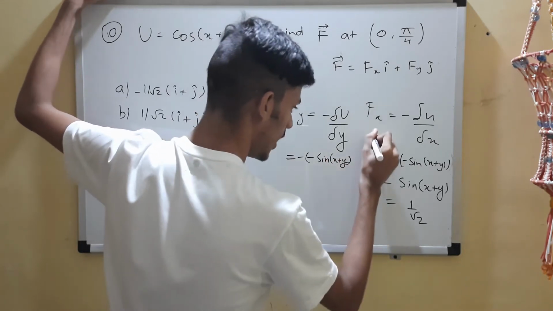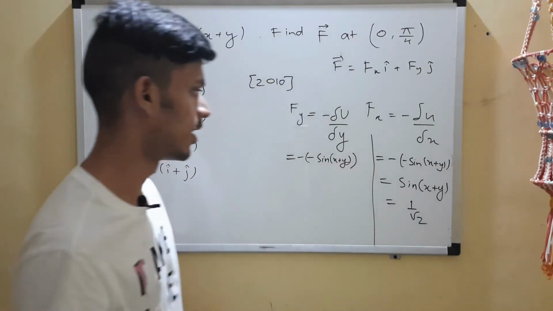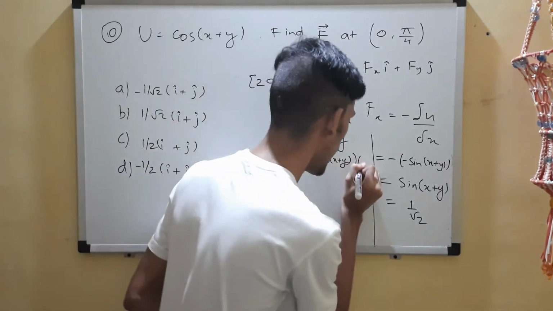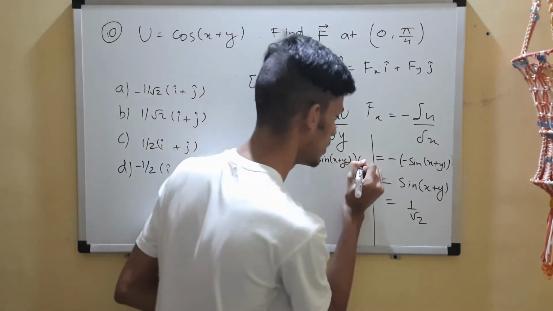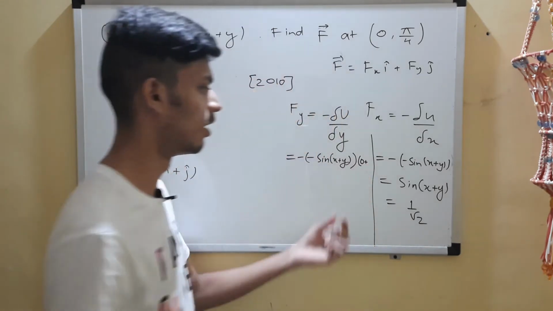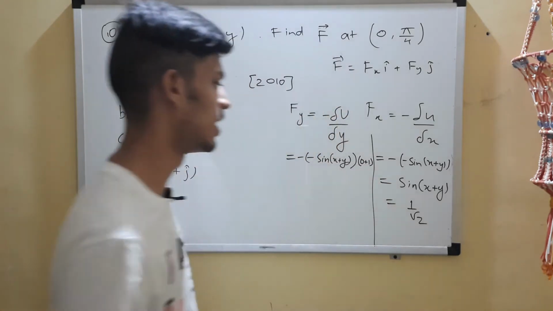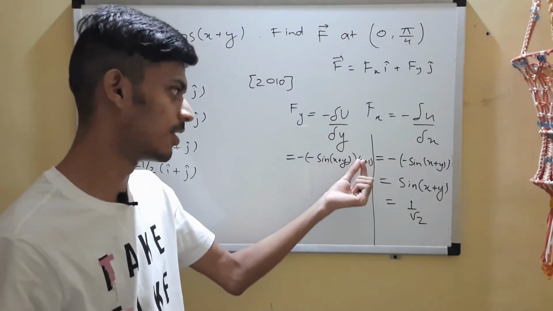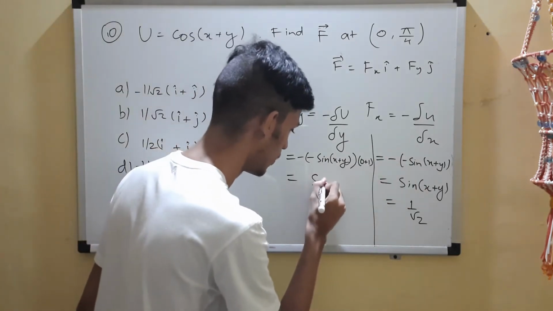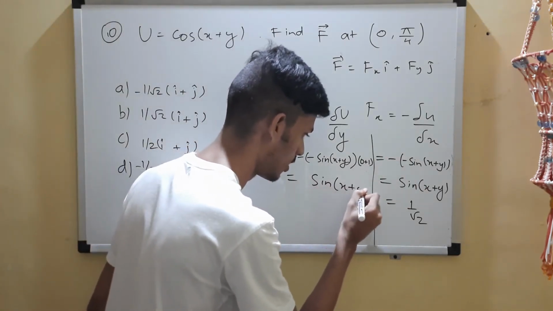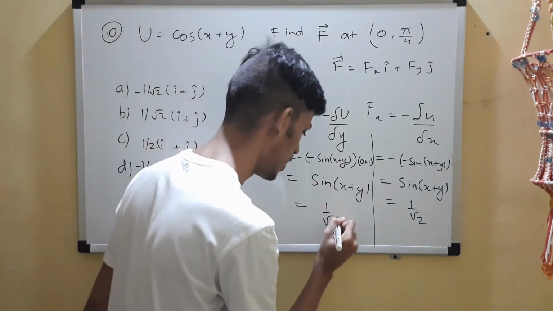I'll do that extra step for those who didn't understand. So again, I'm going to differentiate this with respect to y. So x is a constant, so the differentiation of x with respect to y will be 0, and for y it will be 1. So basically 0 plus 1 is 1, so 1 into this, the same thing, right? So that's why I didn't write it over there. So the answer is again the same thing. Substitute the values and you'll get the answer to be 1 by root 2.